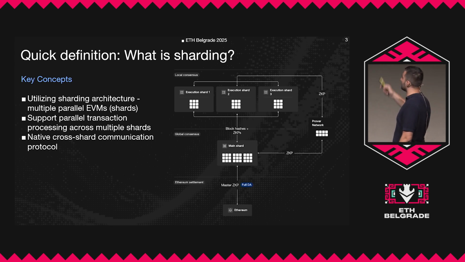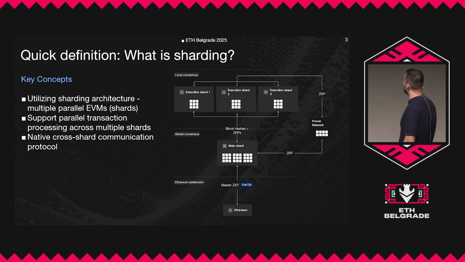How we can solve that is by introducing a main shard into the picture, and this main shard can be nothing more than a router. When I, as a user, want to deploy a contract, I can specify on which shard I want to deploy it, and the contract is deployed on one of these shards. This is the only time I need to think about the shards. When we construct the contract address, I just put the first 2 bytes to be the shard ID. Then when someone wants to interact with any contract on any shard, they just give the address to this main shard, and the main shard knows how to route everything around.